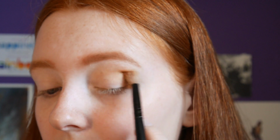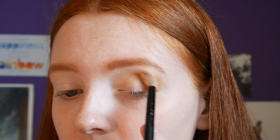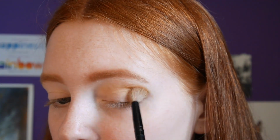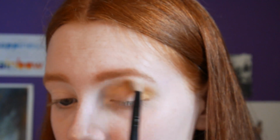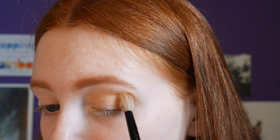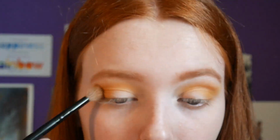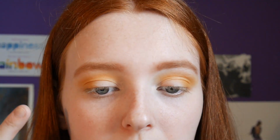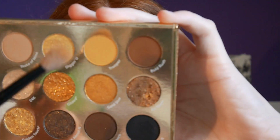I'm going to create a half cut crease, so you want to blend it up quite high so you can see the contrast at the end when you cut the crease. I am building this color up pretty heavily because it is a really light shade. Okay, so it's all blended out, and right now I'm gonna go in with that same brush into Bold Rush,